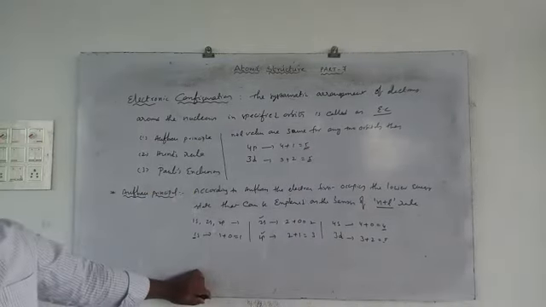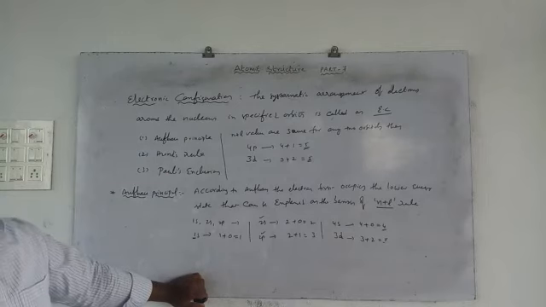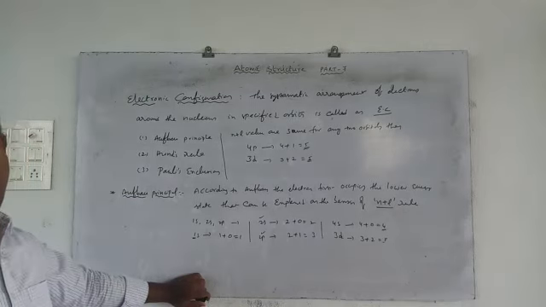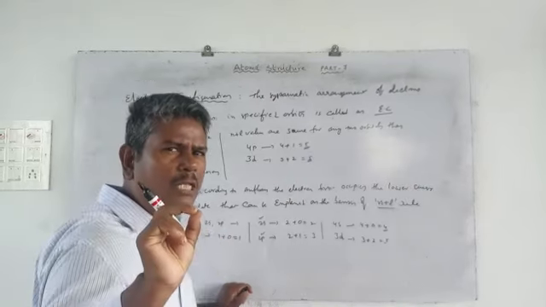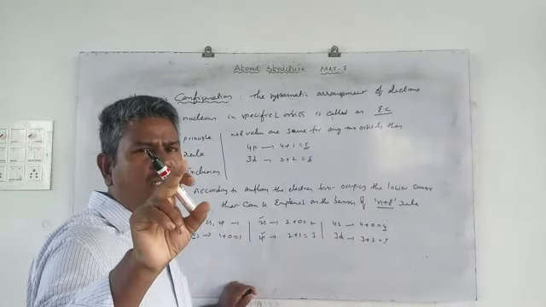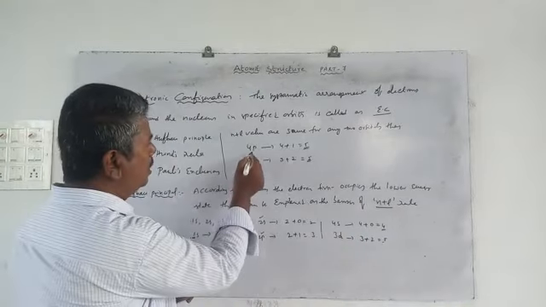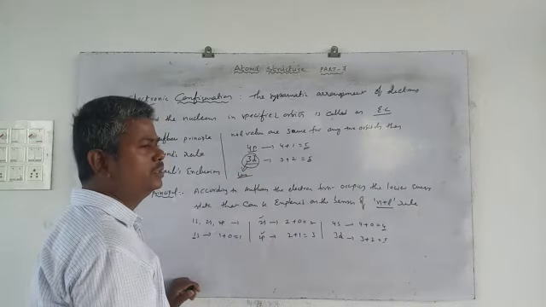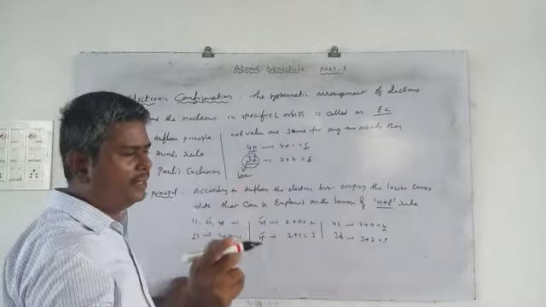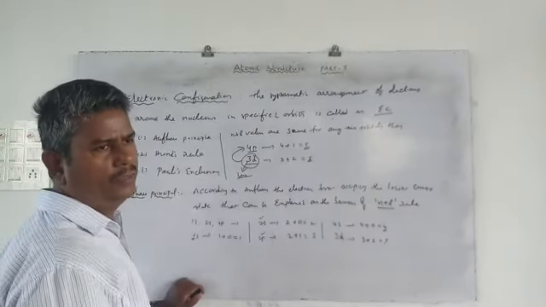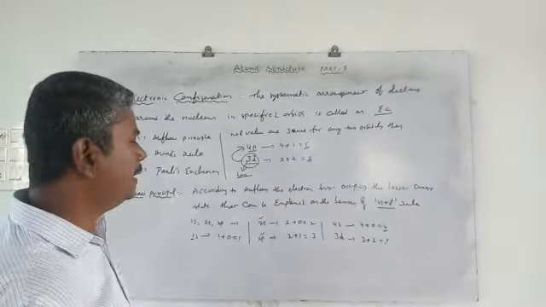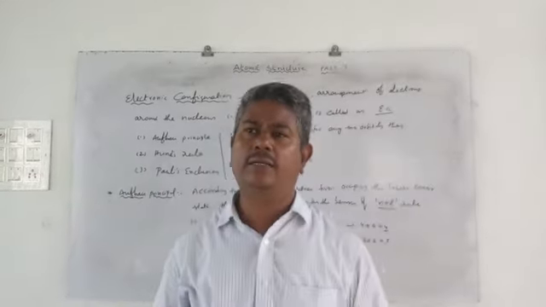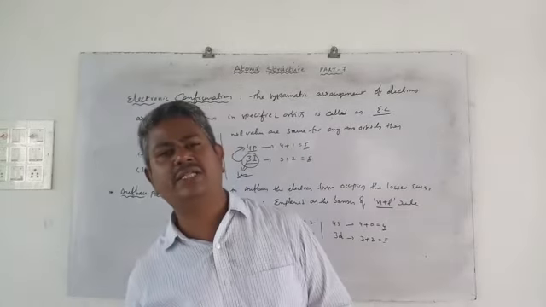Observe here, both the values are the same. Then which one is taken as the lower energy state? The orbital that has the lesser principal quantum number value is considered lower. Out of these two orbitals, the 3d orbital has the lesser principal quantum number. So the 3d orbital is filled first, after that 4p. Clear now? So that is the Aufbau principle. According to the Aufbau principle, we concluded that the electron first occupies the lower energy state.